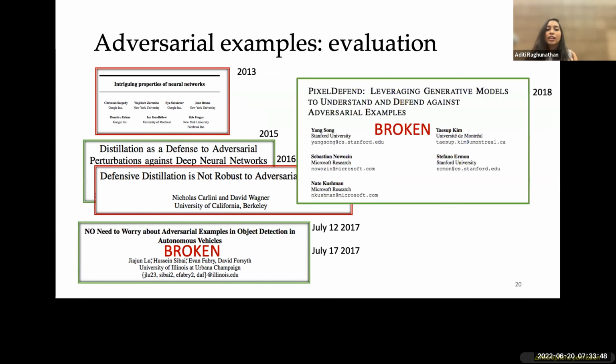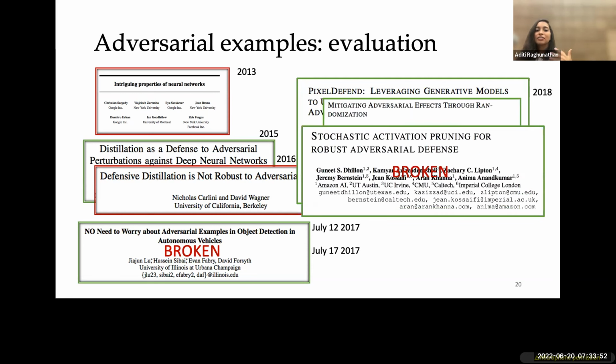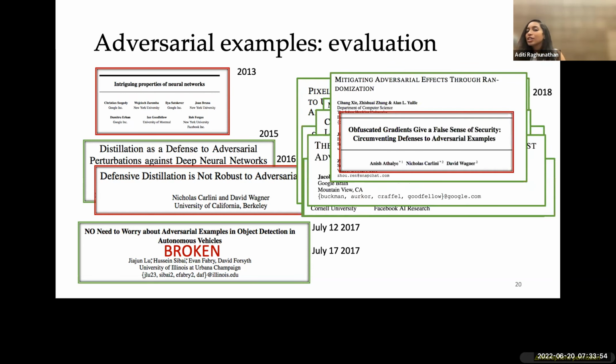And in 2018, there was this striking phenomenon where 7 papers published at ICLR were all broken before the next deadline of ICML. So this clearly shows that adversarial examples are nice, you can write down this worst-case thing, but how do you actually evaluate it? That seems to be quite challenging.